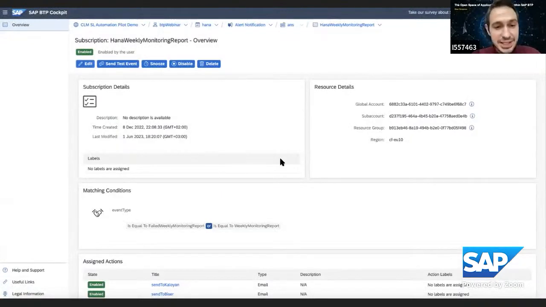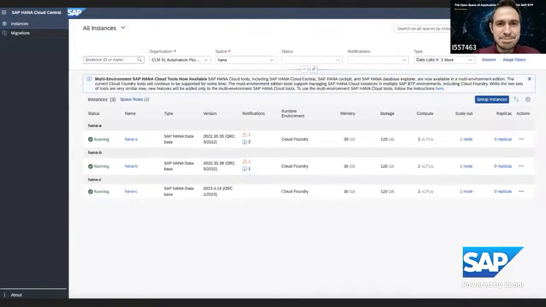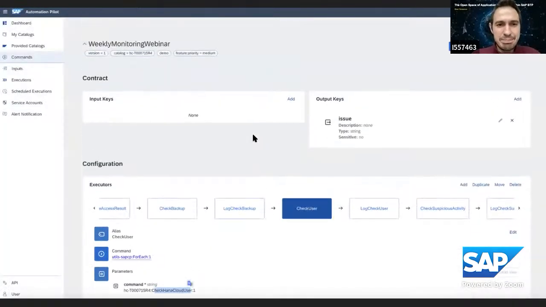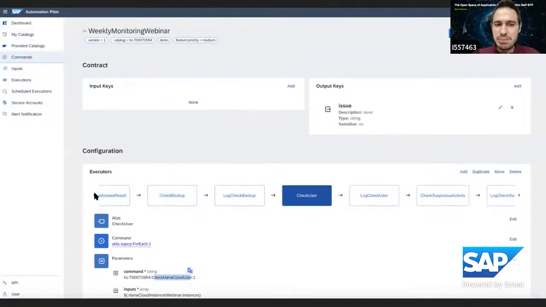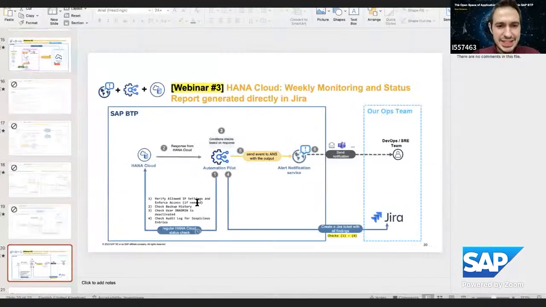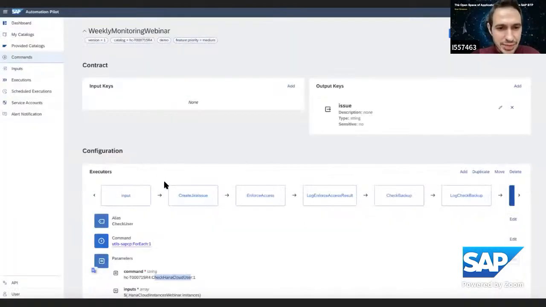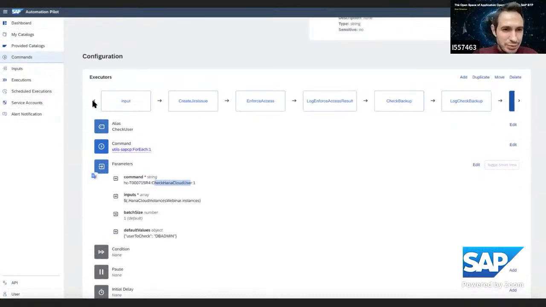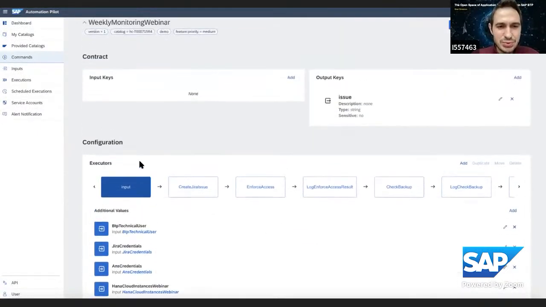So yeah, that being said, everything was set up in the alert notification. Then going back to the automation pilot, where all of these checks, as I mentioned here, from 1 to 4, they're built. So we have used a wide range of different sets of commands, and let's also, however, let's start with